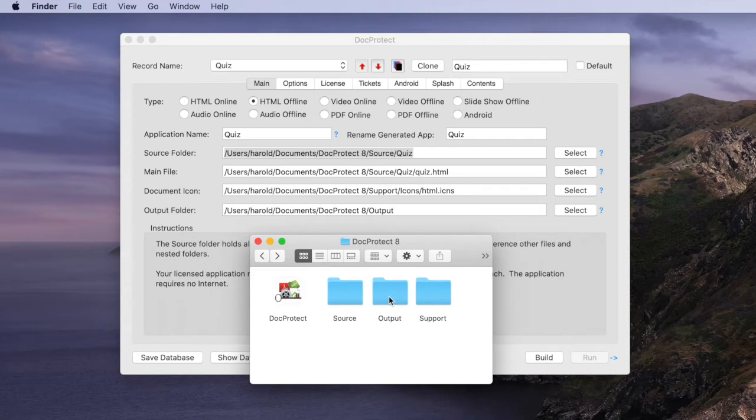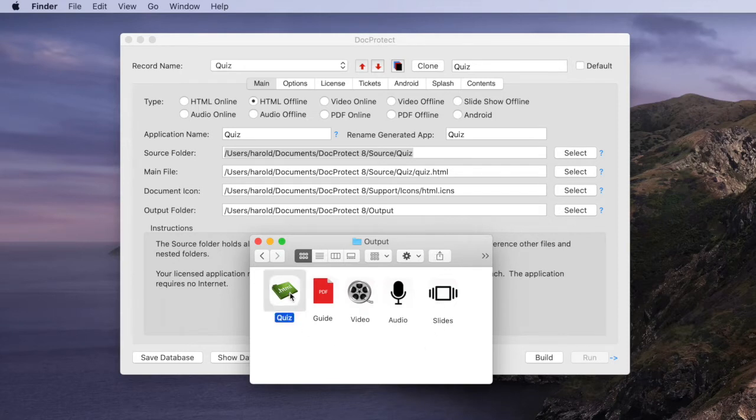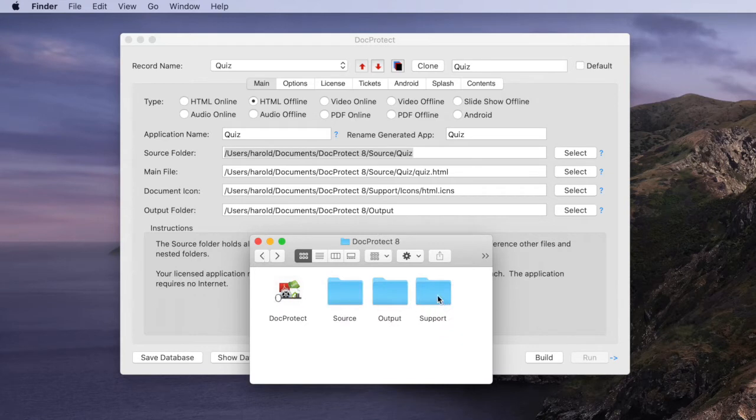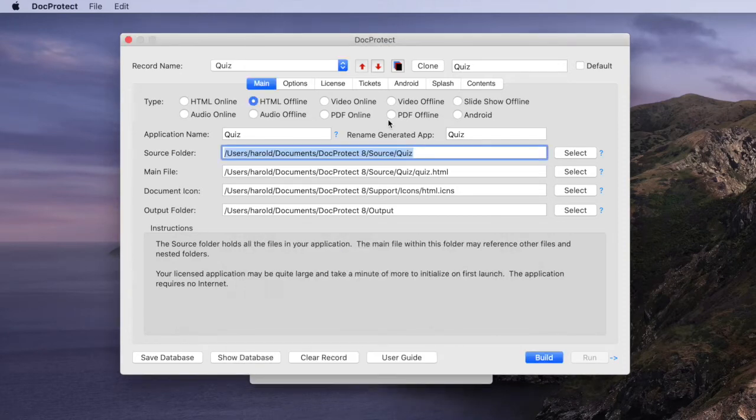When we build our application, we're going to store it in an output folder. Here you can see we have various types of applications we've already built, and we're just focused on this HTML-based application now, so we've applied a custom icon to that finished application. We also have a support folder where we have a collection of icons and some splash screens we can use for these various projects. So if we go back to our main window within DocProtect,